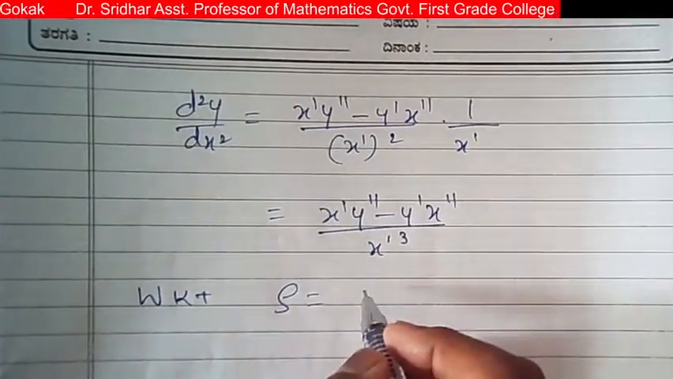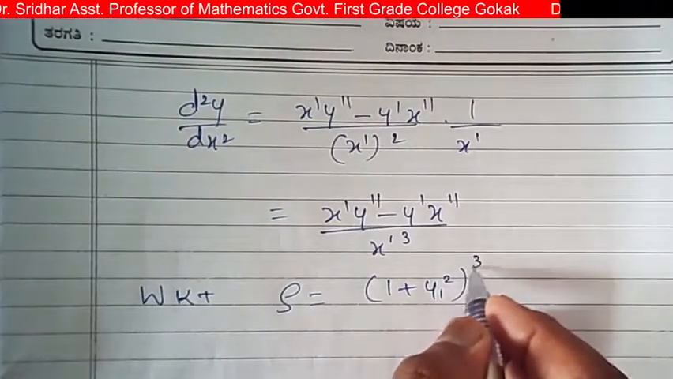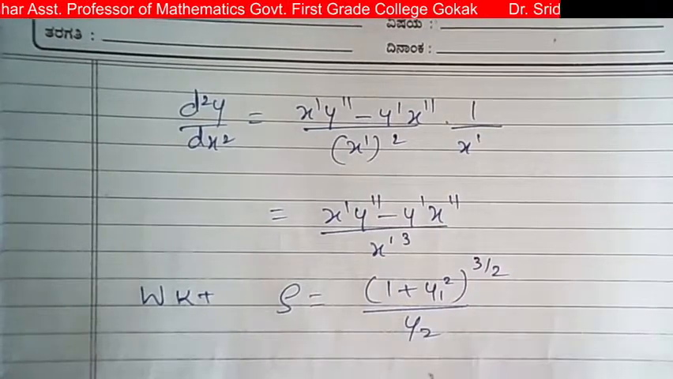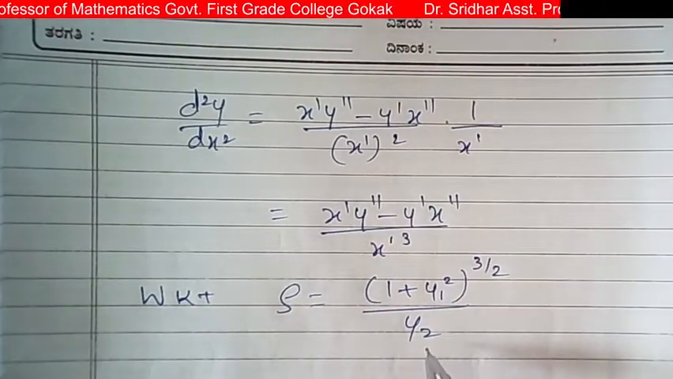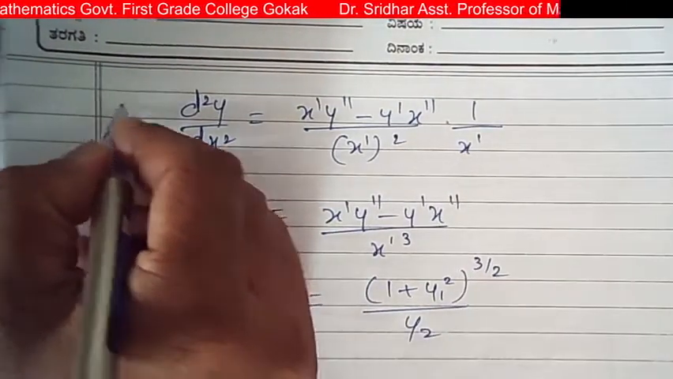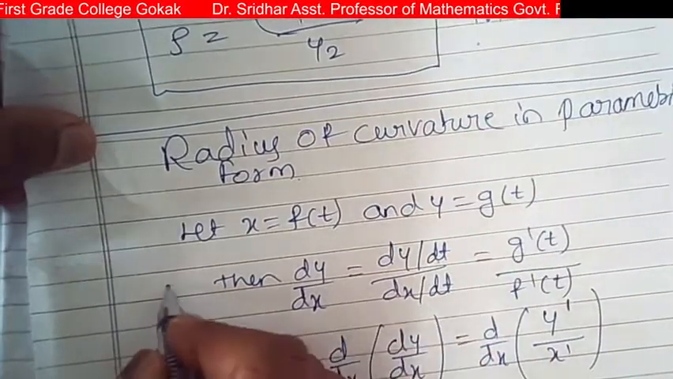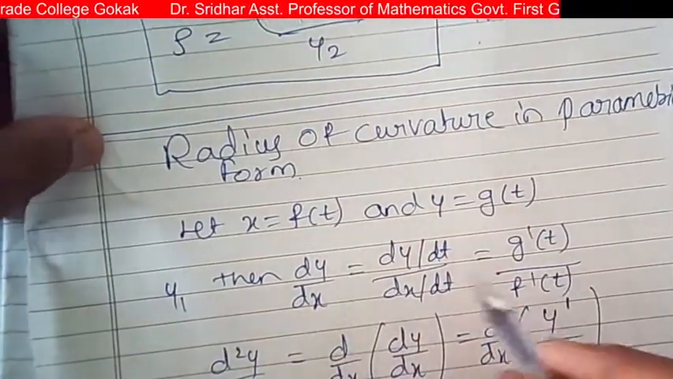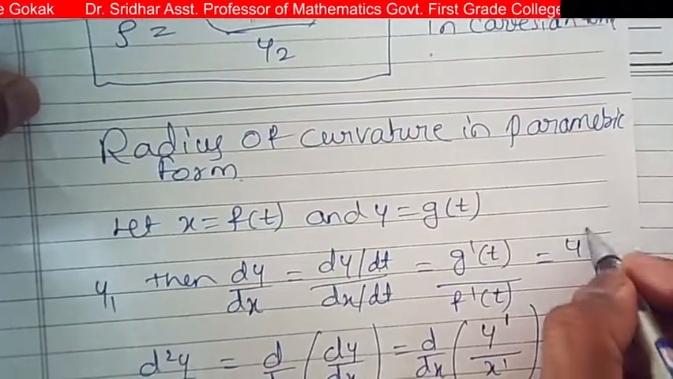rho is equal to what? Just now we derived the equation: 1 plus y1 square whole raised to 3 by 2 whole divided by y2. So y1 means dy by dx, y2 means d square y by dx square. So I write for our convenience, this is y2, and similarly this is y1. Dy by dx is y dash by x dash. Okay, so now